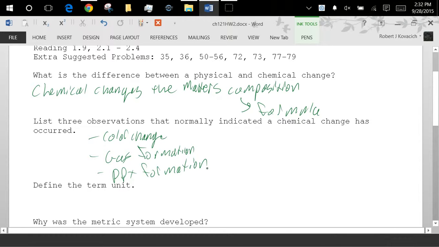In that gas formation, I just want to make sure we're clear that I don't mean bubbles from heating a liquid. That boiling is not that kind of situation. We're talking about just mixing two things together and all of a sudden you get bubbles. Can you give me an example besides the one we talked about with the vinegar and the baking soda that maybe you've experienced? And I do mean experienced. You have actually experienced the bubble formation.